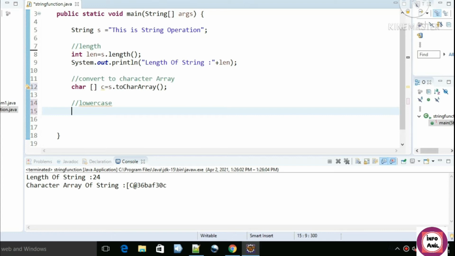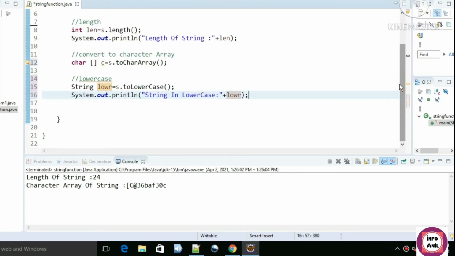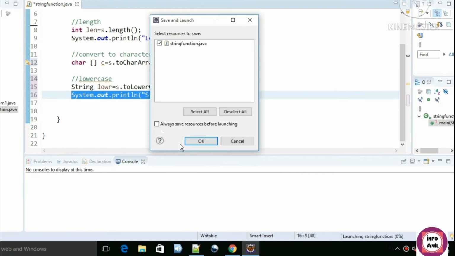For this you need to declare a variable string lower, which is equal to s.toLowerCase. Just a one-line function is needed to convert your string to lowercase. Let's print the output and run the code.